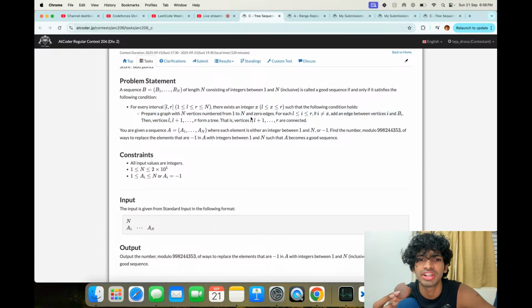Prepare a graph with n vertices numbered from 1 to n and 0 edges. For every interval, there exists an x, it seems.